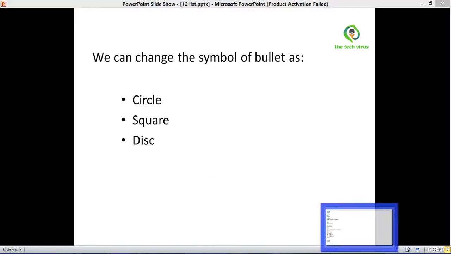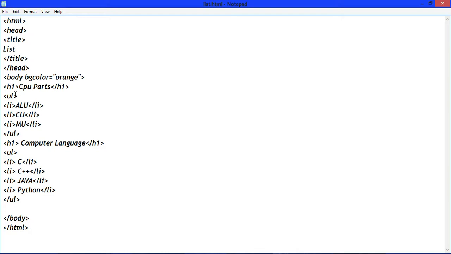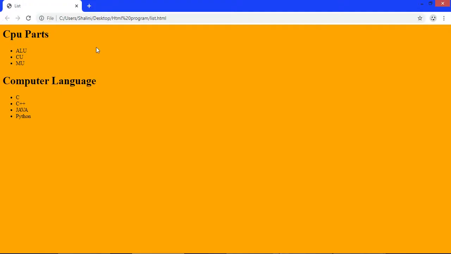Just write here inside UL, type equals to square and save it and run it. See, now this disk bullet changed to square bullet.